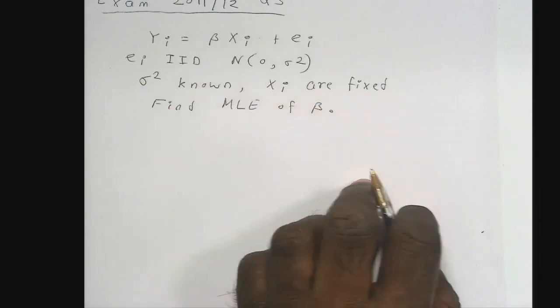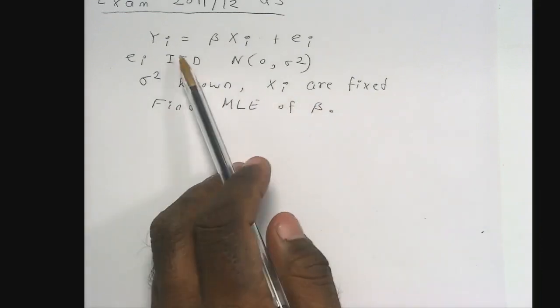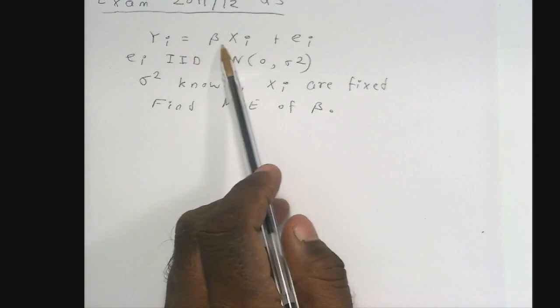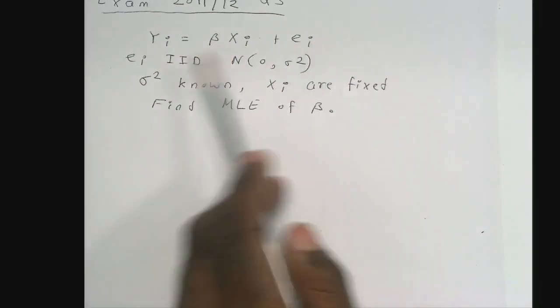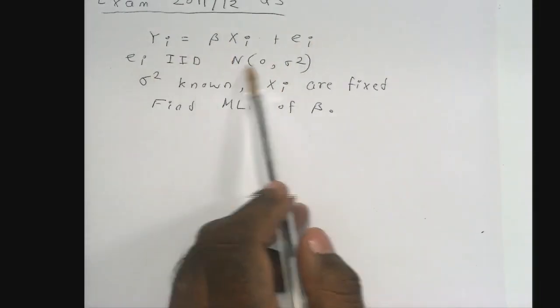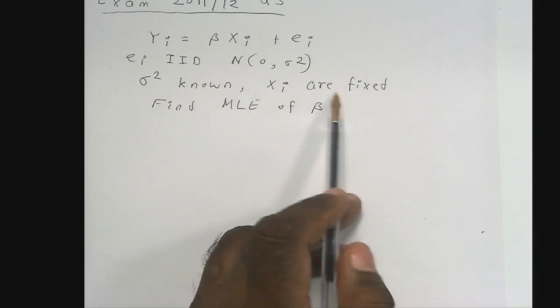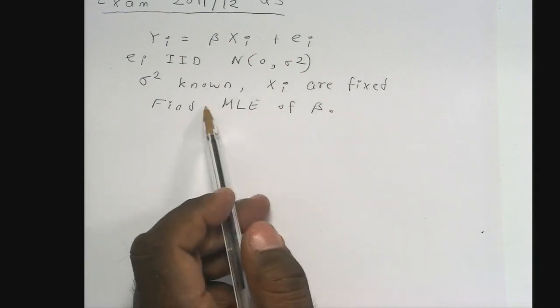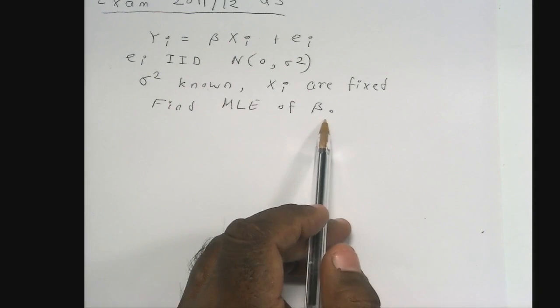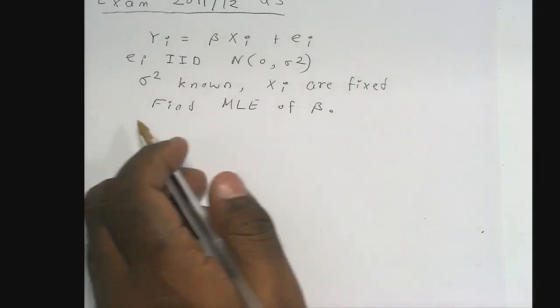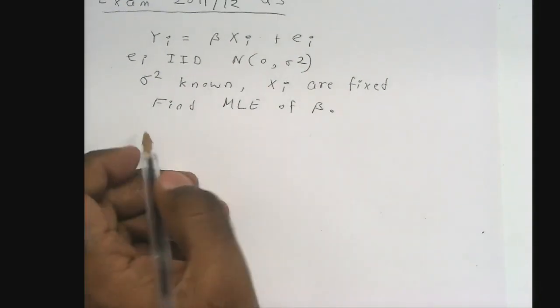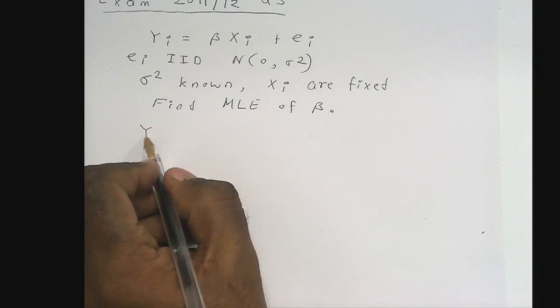Can you guys listen, please? So you have this equation that yi is equal to beta xi plus ei. The ei are IID normal with these parameters. Sigma squared is known. The xi's are fixed numbers. So the only parameter that is unknown is beta, and we want to find the MLE of beta. Right, so the first thing you should figure out is what is the distribution of